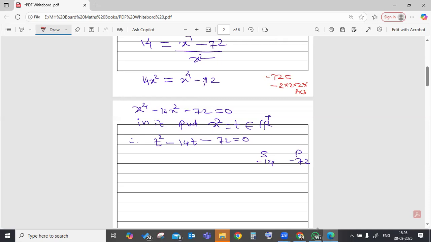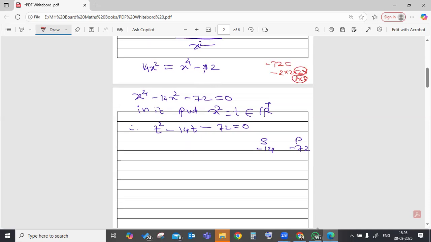Yes. It is 18 and 4. It is minus 18 plus 4, minus 18 into 4. So it will be t square minus 18t plus 4t minus 18 into 4